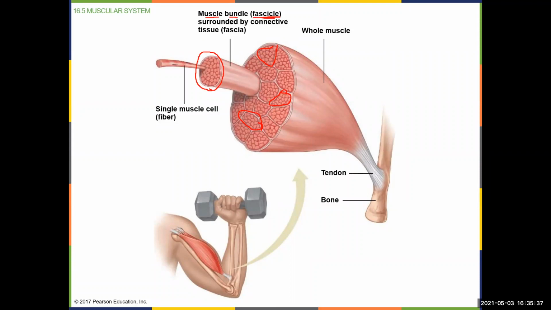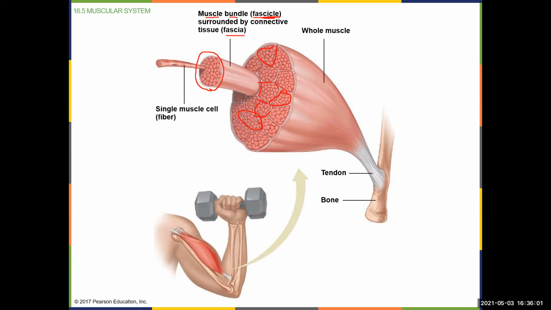Now, the connective tissue that surrounds these bundles and keeps them in their own bundle is called a fascia, okay? So that pink connective tissue there is a fascia. So those lines in between those bundles are all fascia, okay? Keeping those bundles separated, all right? Now, if we look inside these bundles,